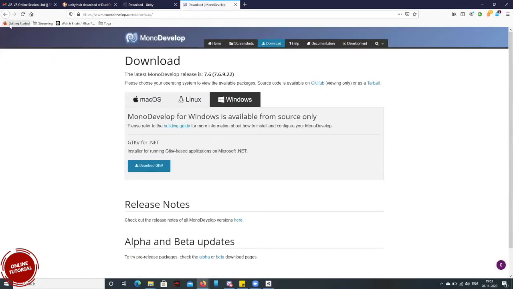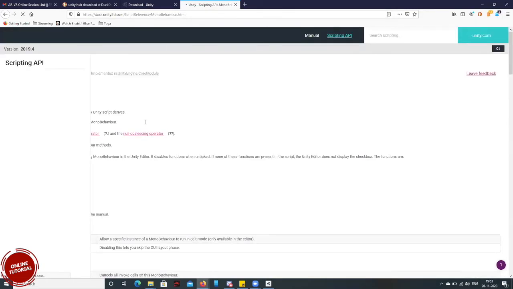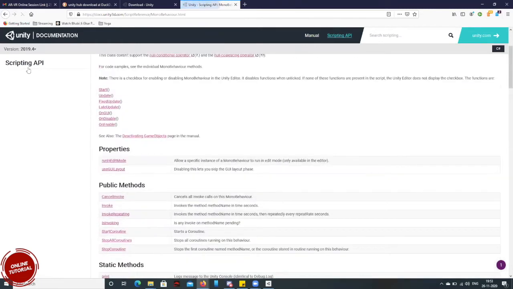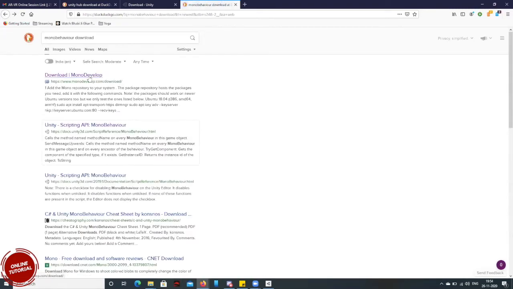What is this MonoDevelop I have to install? That's what I'm saying. If you're not installing Visual Studio, you can use MonoDevelop. You can use this for scripting purposes. Visual Studio is better if you want to do a lot of debugging at runtime.